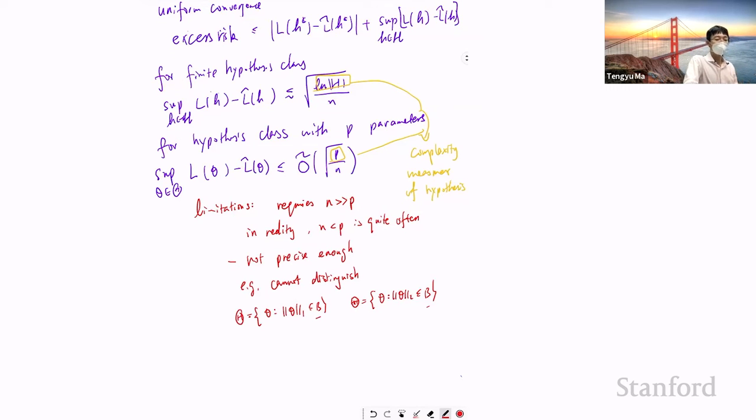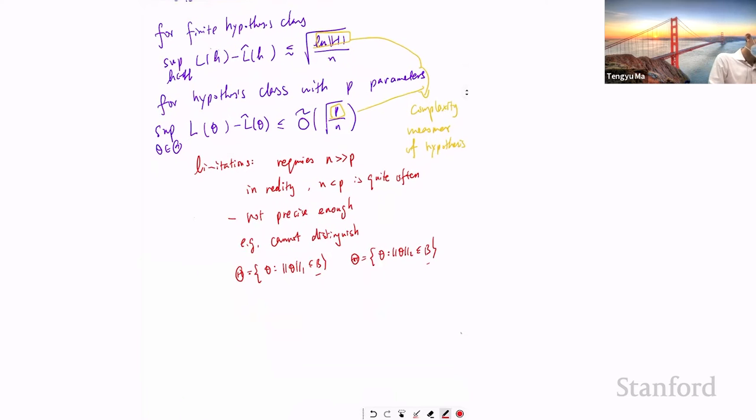That's why we are looking for something more precise, that does not depend on p but depends on a more accurate characterization of the complexity. So today, and in the next few lectures in some sense,